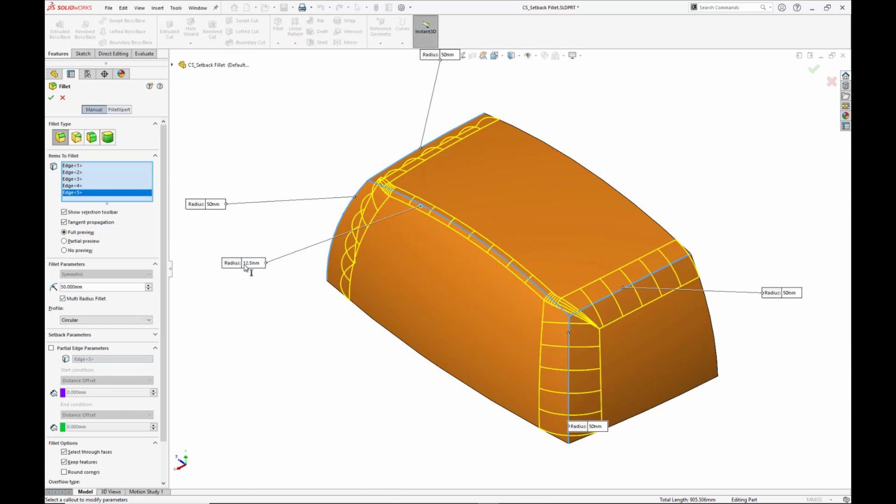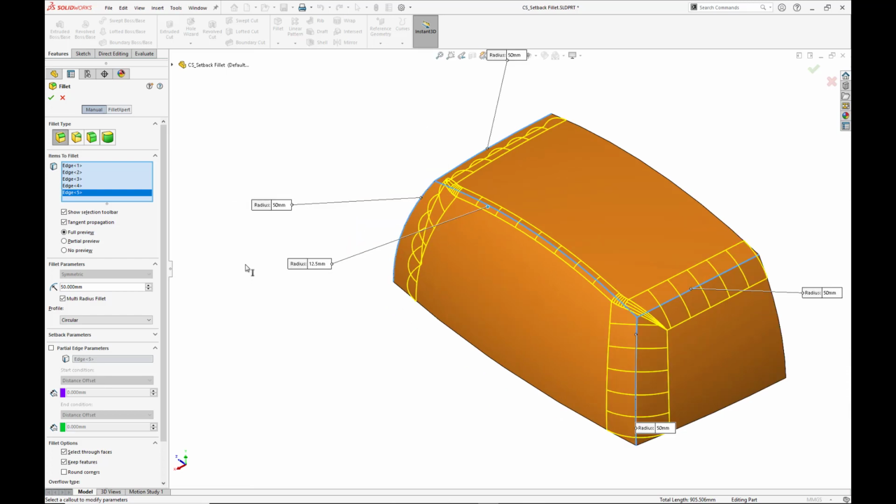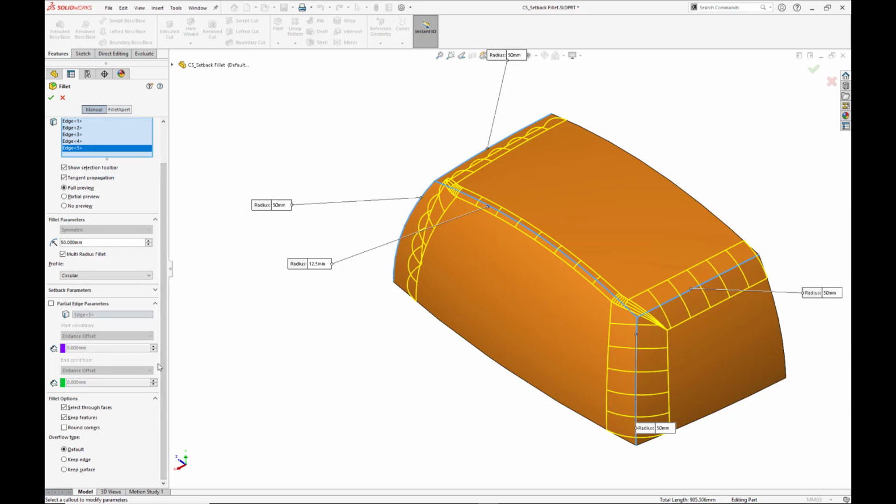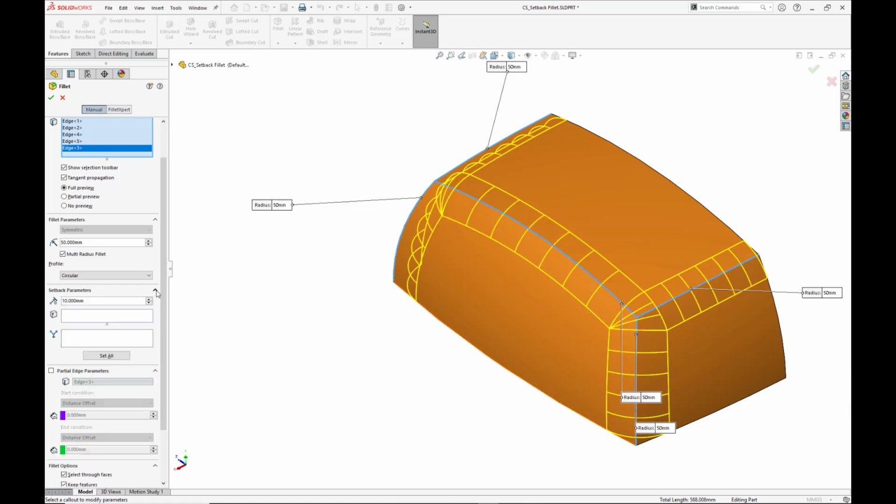And the nice thing about it is that it's also taking into consideration these existing 50 millimeter fillet values around the edge as well. So it's not like you have to go back in after the fact and figure out what fillet to put in first and what's going to be of order of importance. In addition to that,